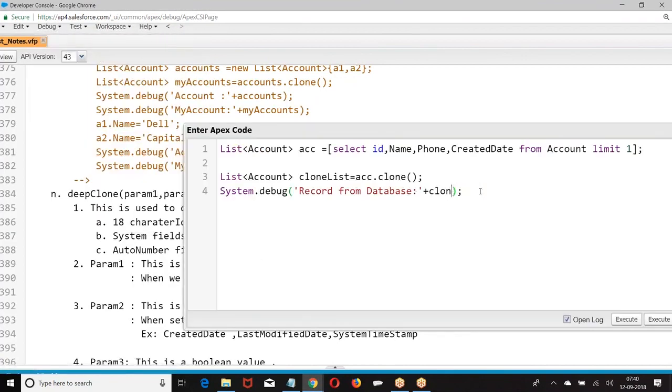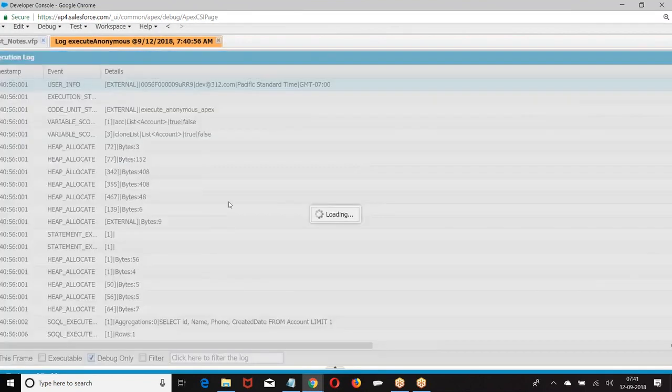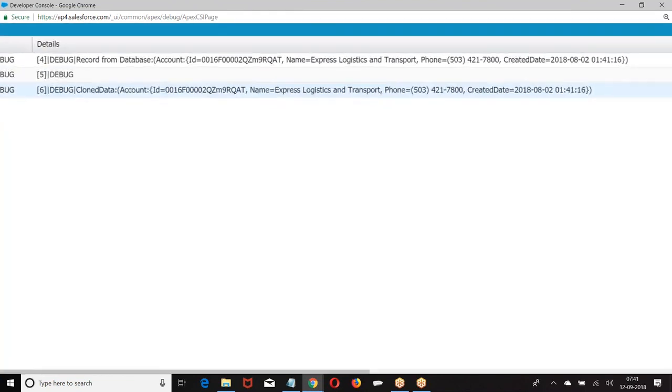Database is ACC. Clone list. Execute. So look at both the data.